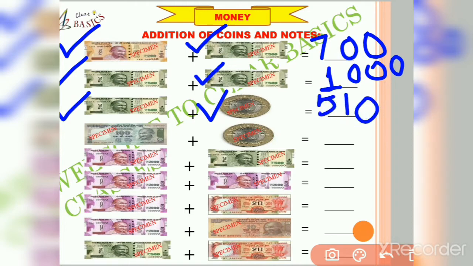Next we can see there is a 100 rupees note. So in other words, we can say the value of this note is 100 and we will have to add it with another 10 rupees coin. So our final amount value is